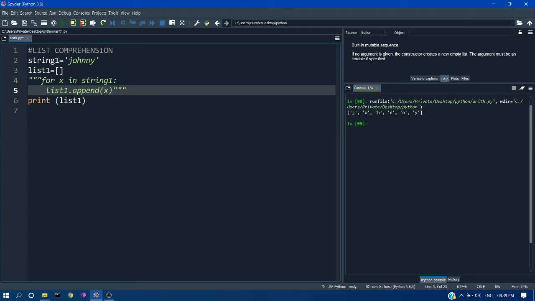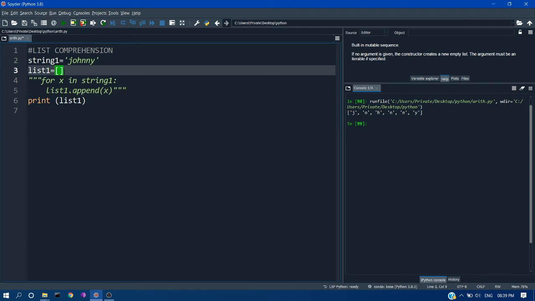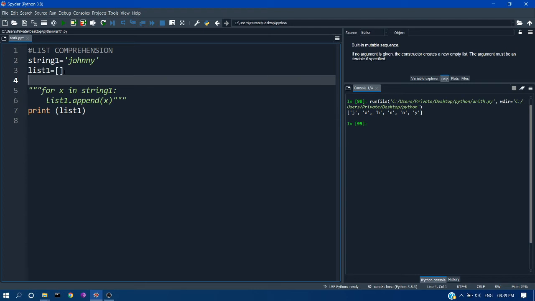So I'm just commenting out those for loop statements. Instead of that, we are going to use the list comprehension method. For that we have to break the for loop down step by step and arrange it in the order of a list comprehension. This for loop just puts elements into the empty list1.